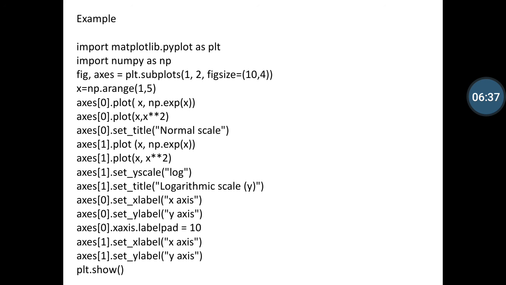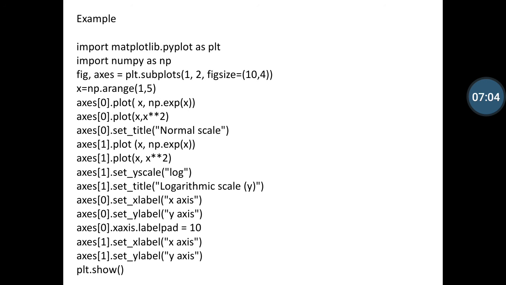Then I plot axis 1 dot plot x np expression x, and also write the code axis 1 index and then plot x comma x square, and then at the x-axis 1 I set the legend or the name